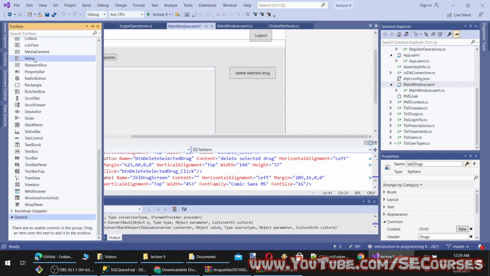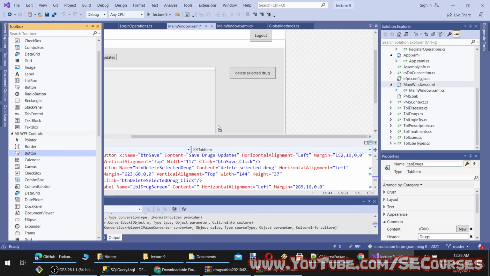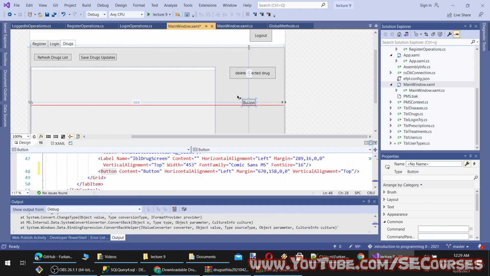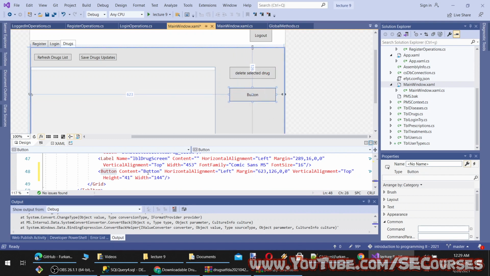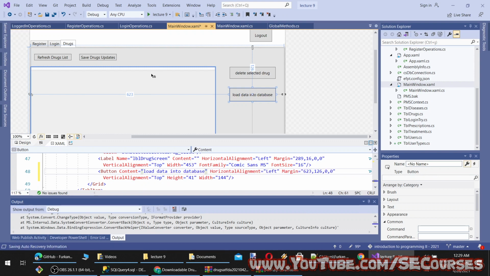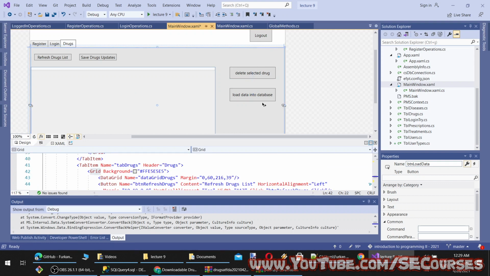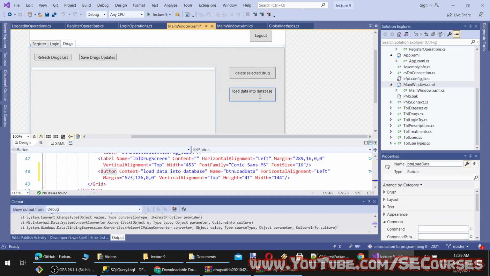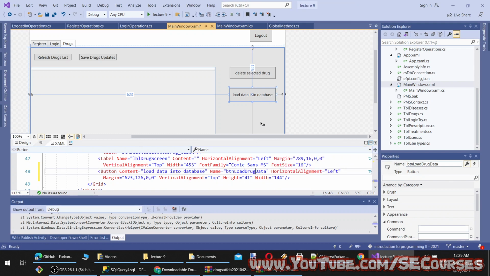Okay, let's add a button to here, and I will call it load data into database. Okay, we can load data. Okay, action load drug data. Yeah, let's compose the click event.